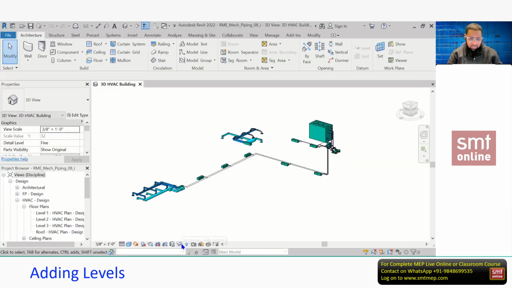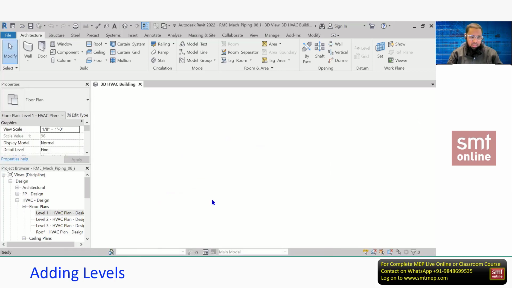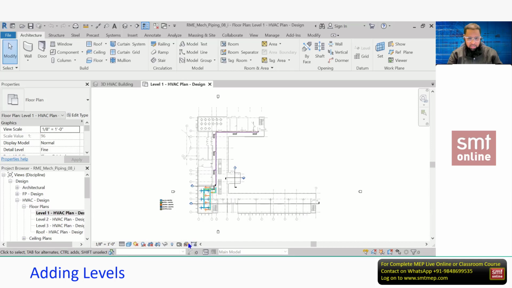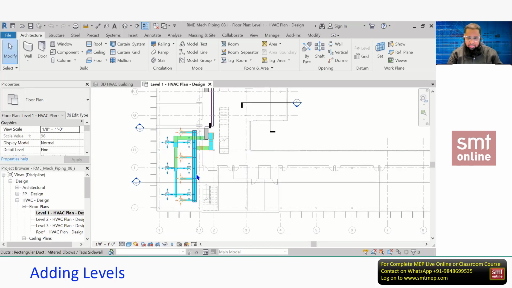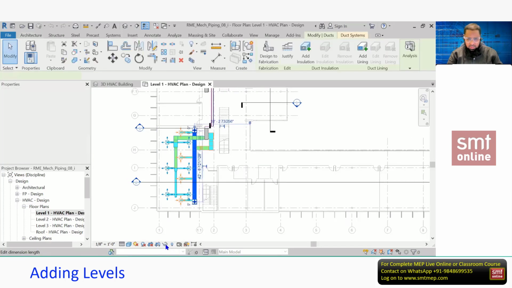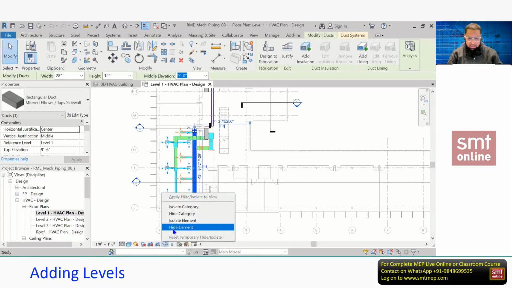In the previous session, we discussed this temporary hide option, but we discussed only the hide option, not the isolate. So let me quickly complete this isolate option. This is also interesting. For example, I'm going to open level 1, and if you want, please make a note. The option is temporary hide isolate, but today I'm going to show the isolate option because the hide option we already discussed. For example, if you want to hide temporarily, select the object, click this option, temporary hide isolate, and you can hide element or category.